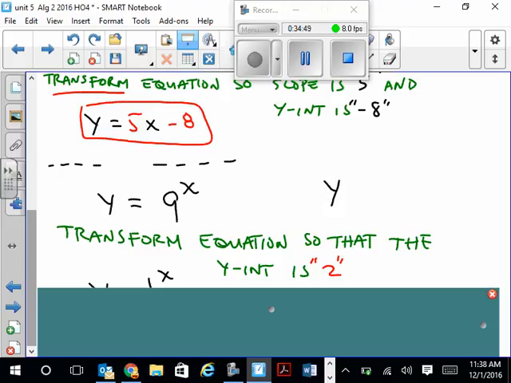This one's fast. Two colors. The a is always the y-intercept. Take a minute, take a final look at